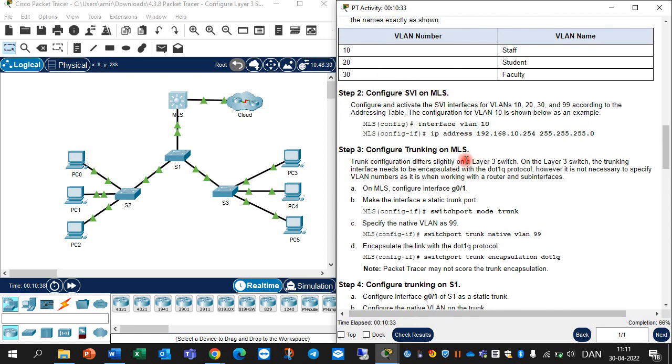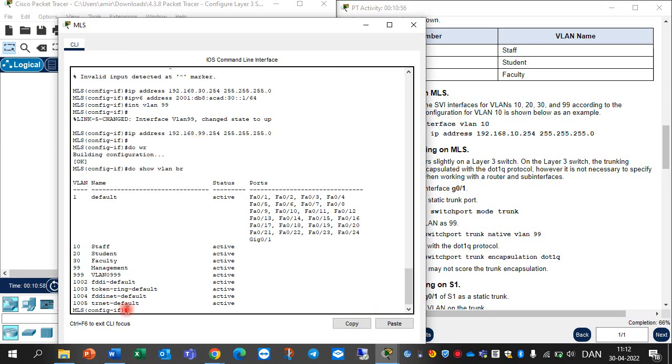Configure trunking on MLS. Okay, this port should be trunking. I know this port works in layer 3, and this port should work in layer 2, and we should enable and activate trunking mode for this port and this interface. In this situation, you should go to MLS